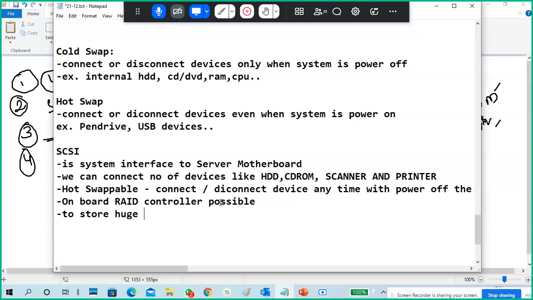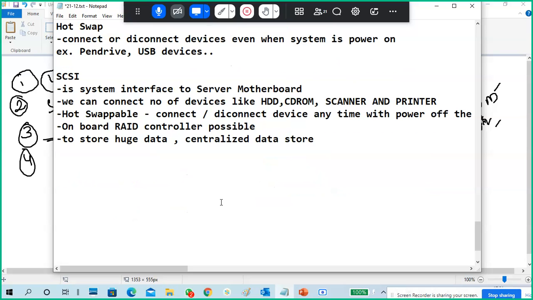use data and centralized data store purpose only. Okay. So this is your SCSI. This is your SCSI. Okay. Next one is your SCSIs. Normally the SCSIs are